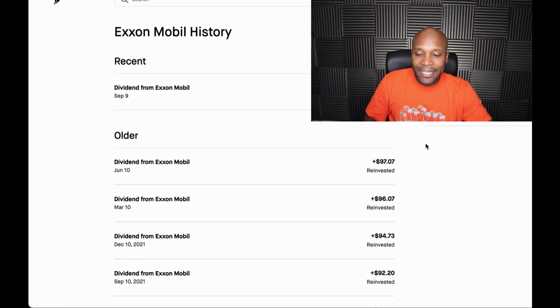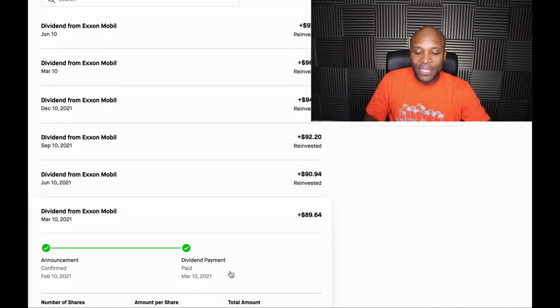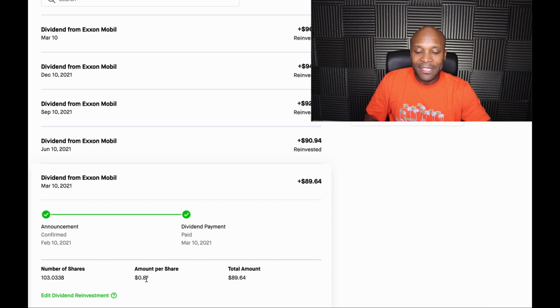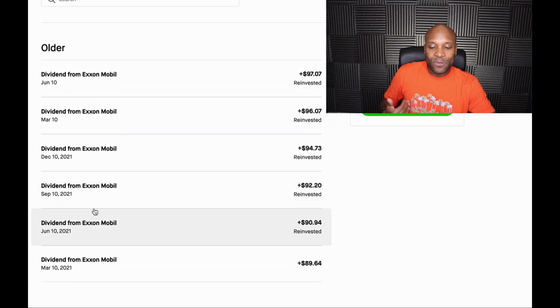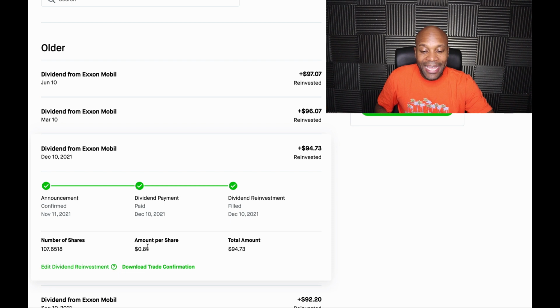So as you guys can see here, I'll share with you guys the first dividend payment was back here in March 10th, 2021, and it was for $89.64. At that particular time, Exxon was paying 87 cents per share. Okay, then the next one is the June 10th. The next one is September the 10th, 2021. December the 10th, let's see if they're still paying 87 cents. Nope, they're paying 88 cents here on December the 10th, okay, and that was for